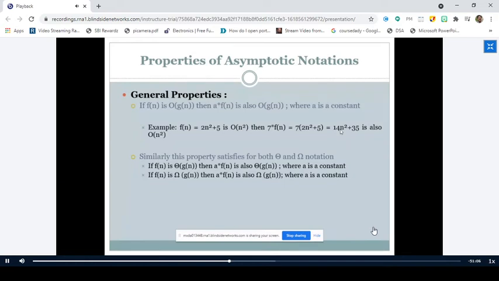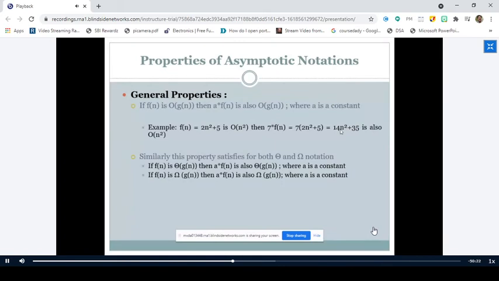So that's all about the asymptotic notations. We know what this asymptotic notation is. It is a mathematical notation. Why we go for this asymptotic notation: to represent the efficiency of the algorithm. There are three types of asymptotic notation: big O notation, omega notation, and theta notation. Big O represents the upper bound, and it is the worst case analysis. Omega represents the lower bound, and it is used to find out the best case analysis. And we have a mid between the worst case and the best case, which is nothing but the average case. The notation that we use to represent the average case analysis is theta. So you should remember these three terms: big O, omega, theta.